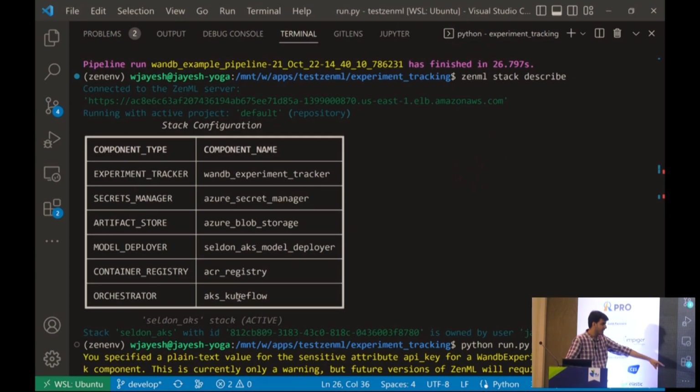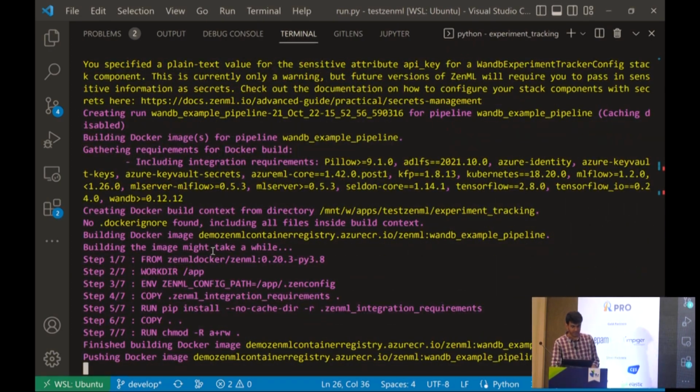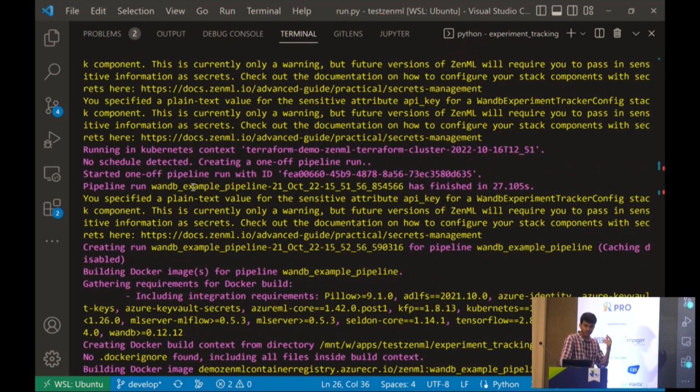So this is a name which I have supplied, but the configuration here is actually the local Kubernetes context, which already has a Kubeflow cluster deployed on top of it. I'll show you how the deployment is done later on, but for now you can assume that I have these clusters, blob storage, secret manager, all of these things deployed automatically, and I have this as part of my stack configuration, right?